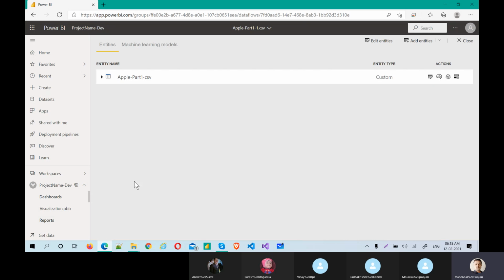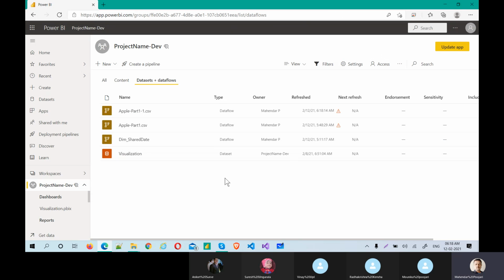Now, what is the use of creating the entity? You can connect this entity into your Power BI. And what is the benefit? It is a common source. One gateway connection serves multiple people. It is a one-stop shop for multiple users to use the same one.